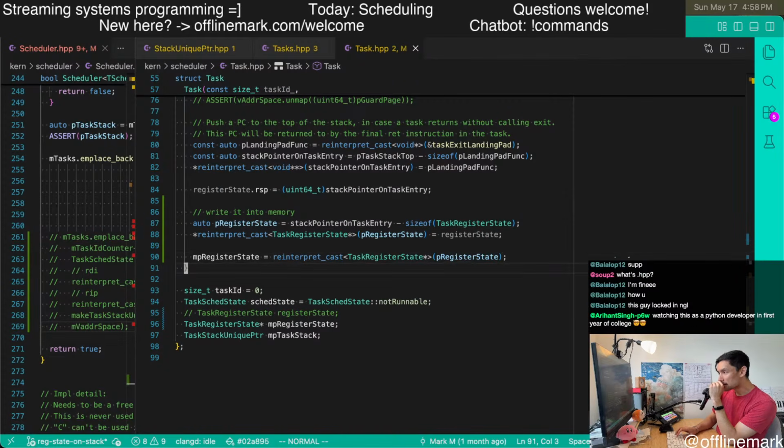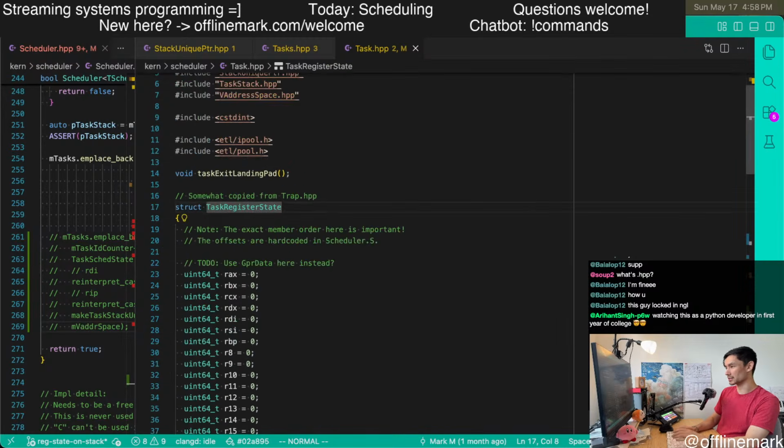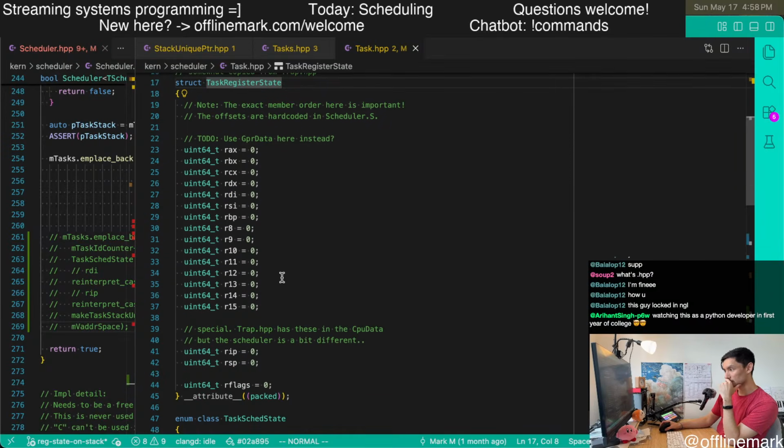Okay. So that is sort of what I'm thinking there. What we also need to do is we need to take a look at this thing though. A couple things are not going to work about this.